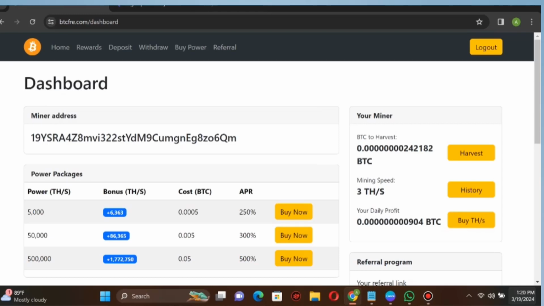Hello guys, currently on my screen we can all see I am mining free BTC into my wallet for free, as I have highlighted here. As you can see, it is going in that way. I am using this mining with a power of 3 hash power. This is the 3 hash power I'm currently using, and each and every day I am able to gain this